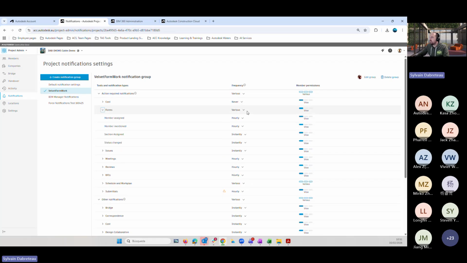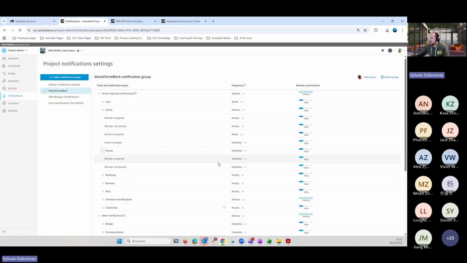Forms: I want them to be informed every hour. Here we have member is assigned on a form every hour, member is mentioned every hour, action assigned instantly, status changes instantly. Maybe I'm going to put that as never and never. But every time Velvet Formwork has a form assigned, they would have a notification every hour.